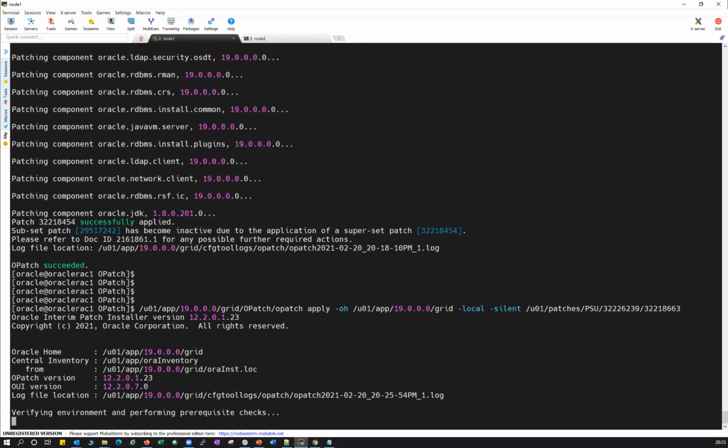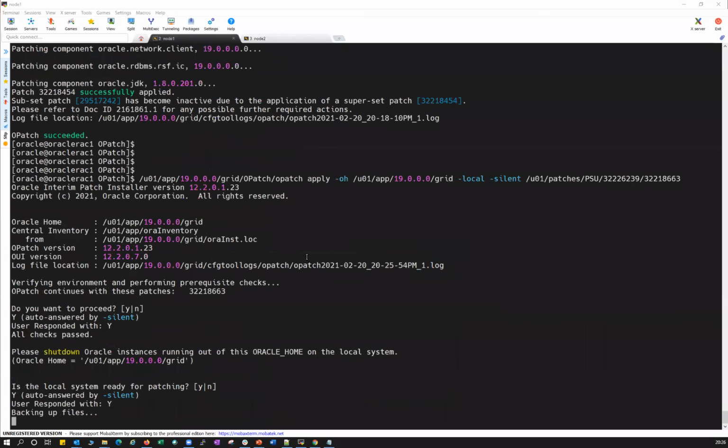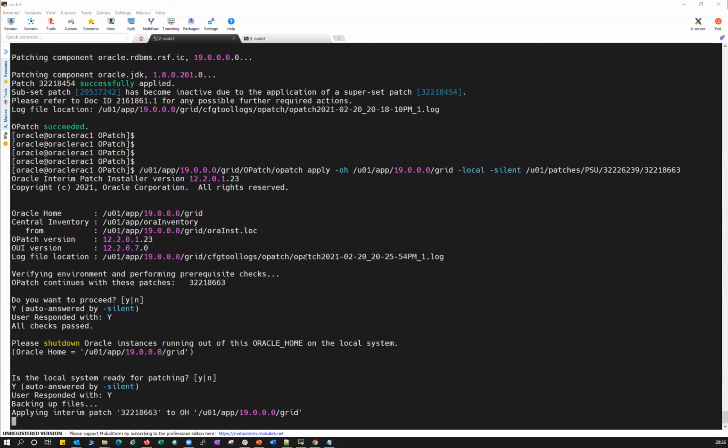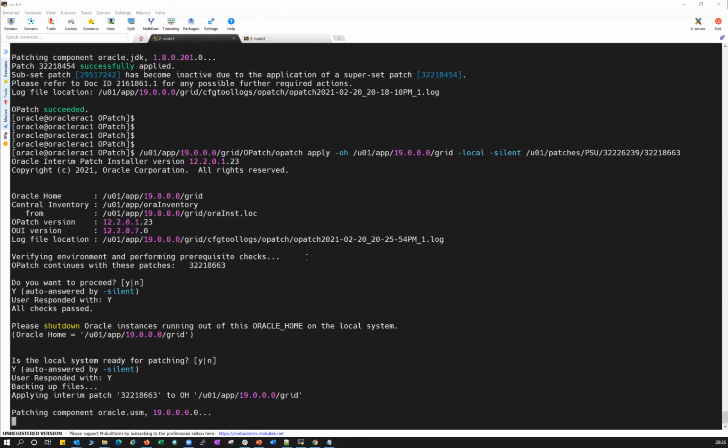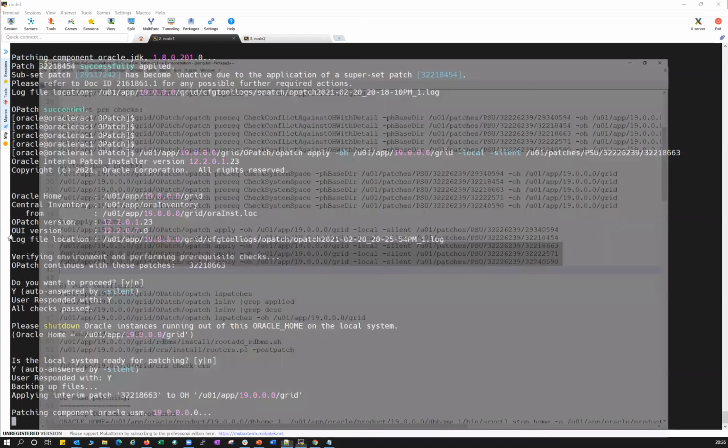Is there any prerequisite step that makes patching faster instead of taking long? No, whatever we are doing here is best practice. Always replace your OPatch with the latest OPatch before the patching, download the patch, give the proper permission and keep it ready. All the conflict checks and system space checks, you have to do one day before the patching and make sure everything is ready. At the patching downtime window, you just need to run only this patch apply command. The rest of the things you can do anytime.